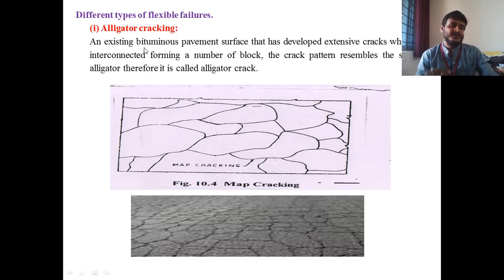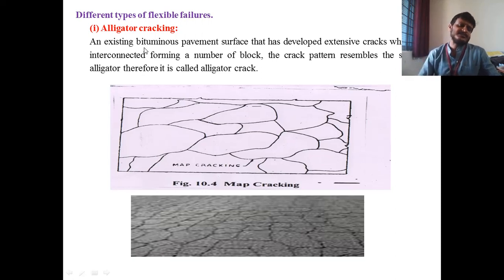The first one is relative movement of the pavement layer material. Obviously when the pavement takes the vehicle loads, due to the moving loads, the pavement layers are likely to move on one another. That is relative movement of the pavement layer material. For that reason we see this kind of alligator cracking.